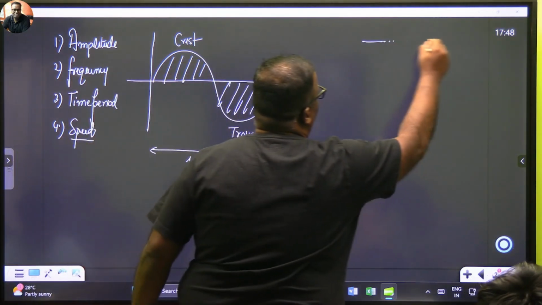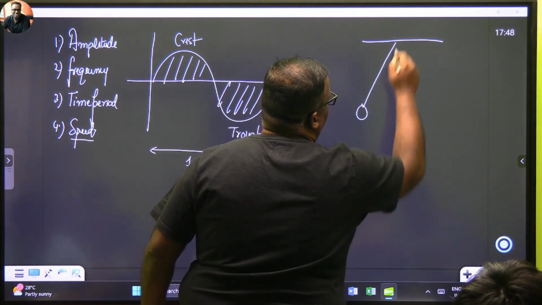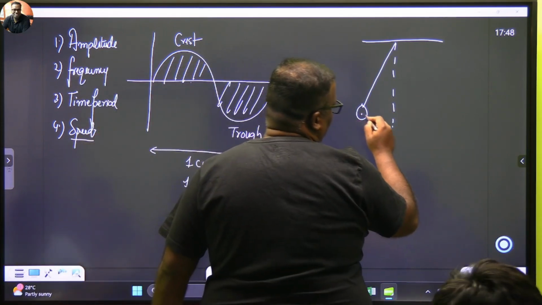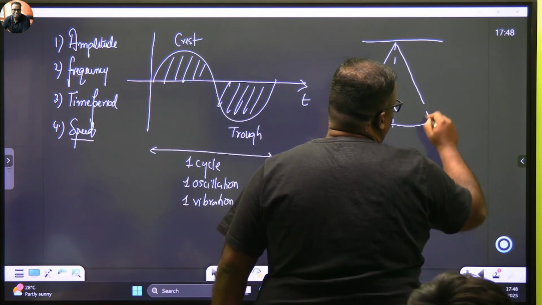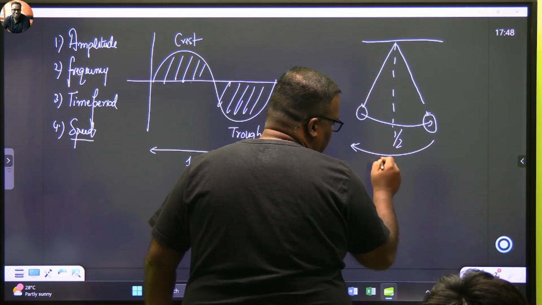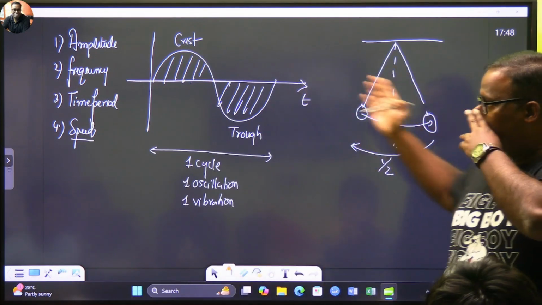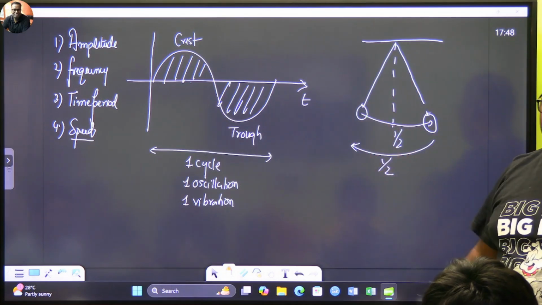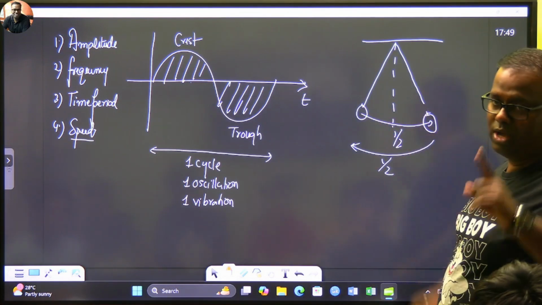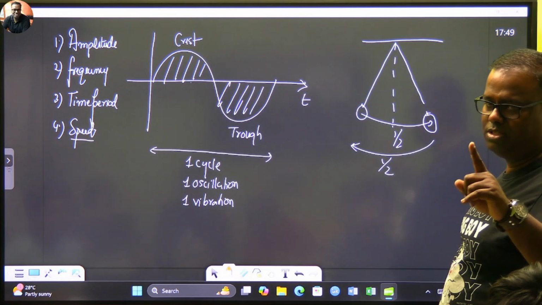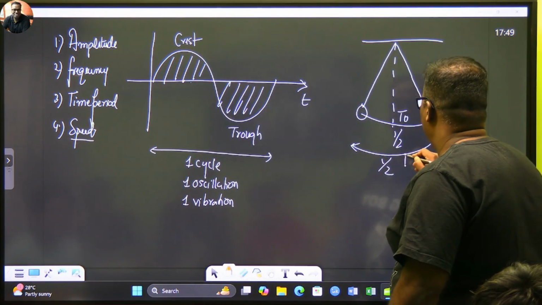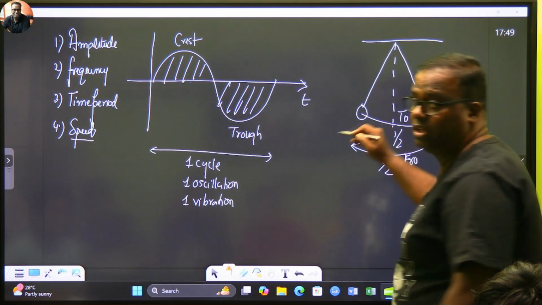If you see it in terms of the pendulum, and this is the central position, then going from central to the extreme right, this is half wave, half cycle, again coming back is another half cycle. तो जाने का अगर आप crest से दिखा रहे हो, the return is on trough. Are we fine? Clear? So this is known as one cycle. One cycle is one vibration. One vibration means one vibration नहीं बोलते, one oscillation. One oscillation is one to and one fro. जहां से गए थे वहीं लौट के आओ.